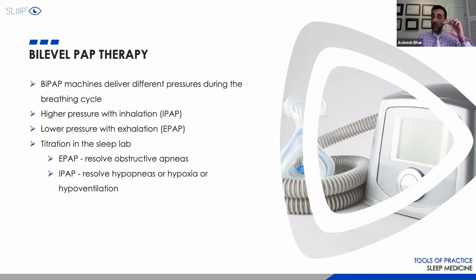The EPAP pressure, or the lower pressure on the BiPAP, is the exact same thing as a CPAP. It's to keep the airway open, so stent it open. Now, what sits on top of that is the IPAP, or inspiratory positive airway pressure. And that comes and goes based on the phase. So if you think of it this way, it's an up and down based on the phase of their breathing. Now, that EPAP always stays there. That's the pneumatic splint or the airway stent. Then the IPAP is a driving pressure to deliver the pressure they need to actually inhale. And then it goes back down to the EPAP again when they're in the exhalation phase.